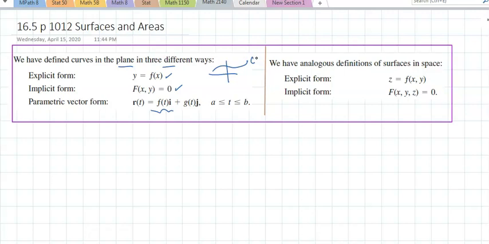the x and y. Now, when we get to spaces, we define z to be a function of x, y, and z. Now we're talking about something slightly different. Let's say a plane. And implicitly, we have f of x, y, z, kind of like when we did in parametric equations. But if I want to represent it by using a parametric surface,